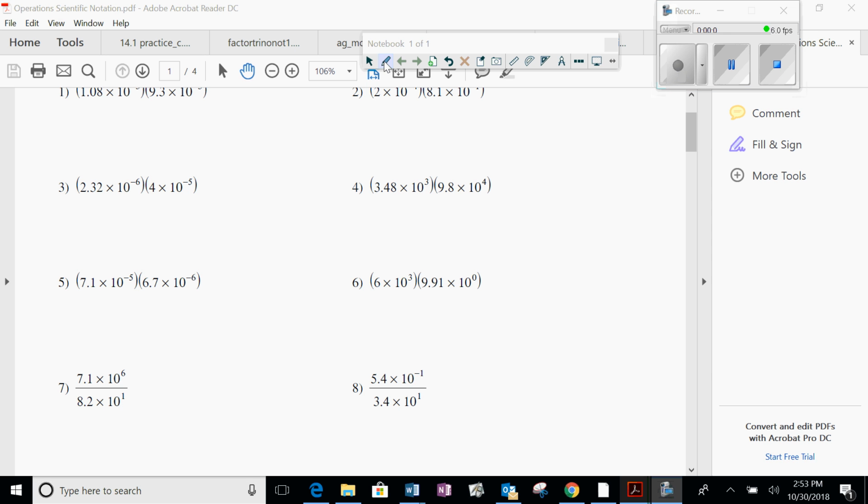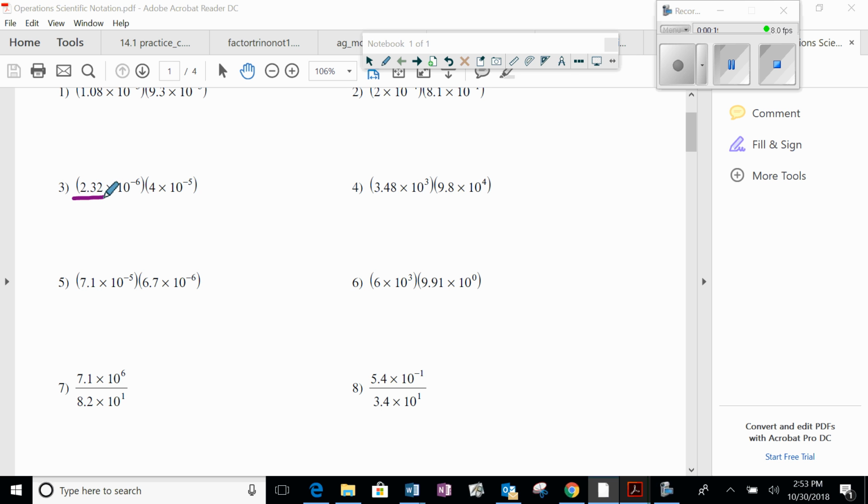Multiplying and dividing, scientific notation. So we are at number 3. Yesterday we started learning this. By hand, we are going to, let me use the microphone because I don't want to yell. We are going to multiply in your calculator